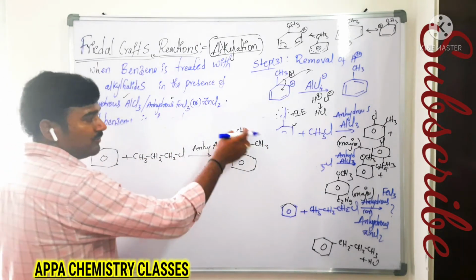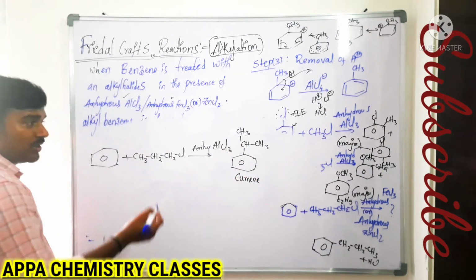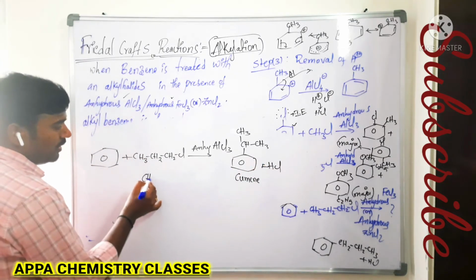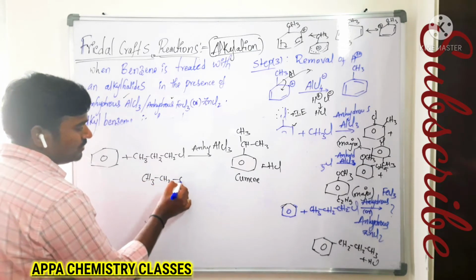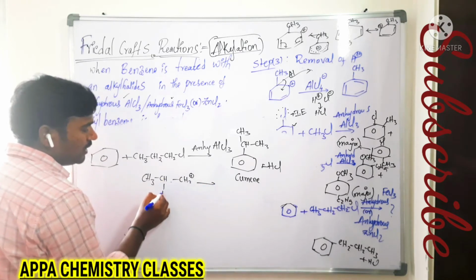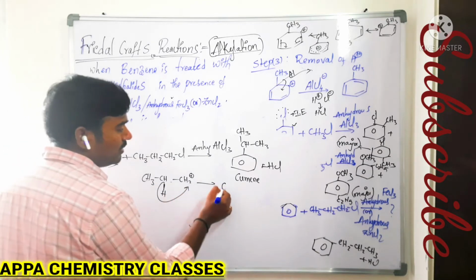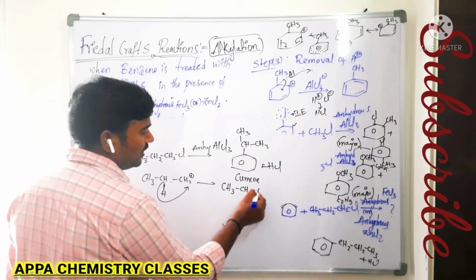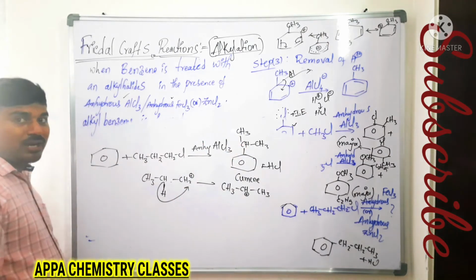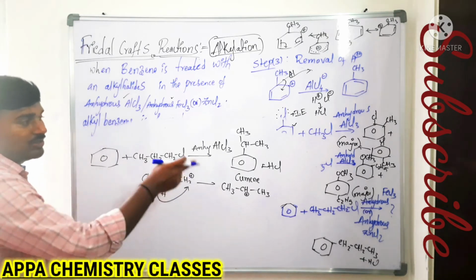It is called cumene. So that isopropyl benzene plus HCl we are getting. How we are getting this one? Because the formed carbocation, CH3, CH2, CH2 plus, we will get initially. This primary carbocation is unstable. Then hydride ion shift takes place. The hydride ion along with this bond will go. Then what happens? We are going to get secondary carbocation. That secondary carbocation will attack on the benzene ring. Then we are going to get that product.